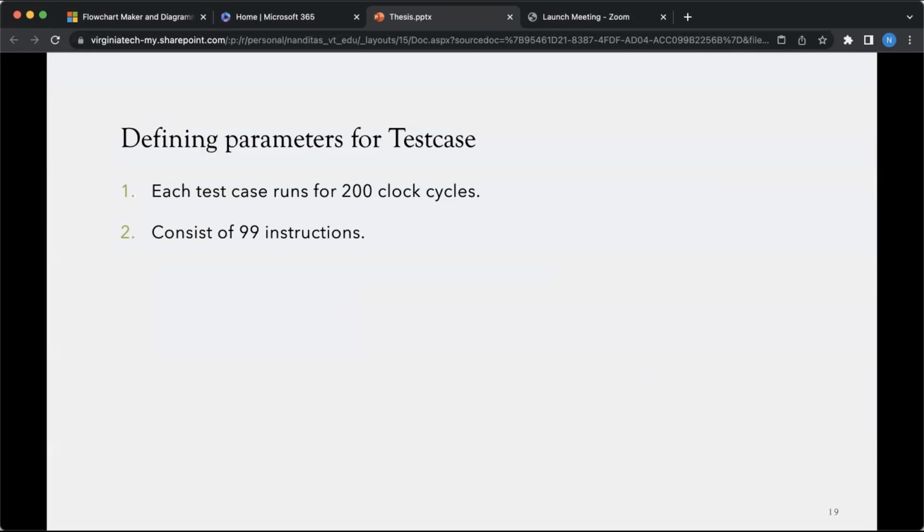And that is the parameter of a test case. For our project, we are defining it to be 200 clock cycles. We are taking 200 clock cycles because by trial and error, we have seen that it is the optimum number of clock cycles which can explore the maximum states even in five-pipeline-stage processors. If we have 200 clock cycles, then at least two clock cycles are used to get the processor out of reset, so we are left with 198 clock cycles. Each instruction takes almost two clock cycles to execute, so the number of instructions that we will be giving in one test case will be around 99. This is the baseline that we are setting up for each iteration, and we will be moving forward keeping these two things in mind.